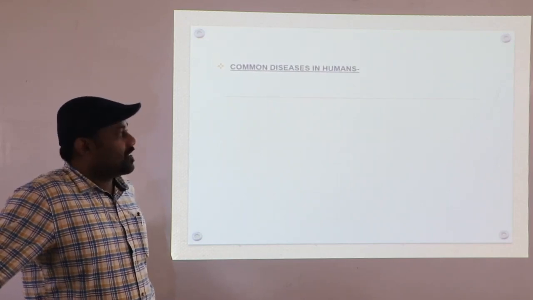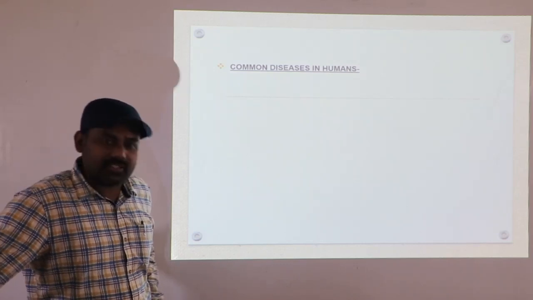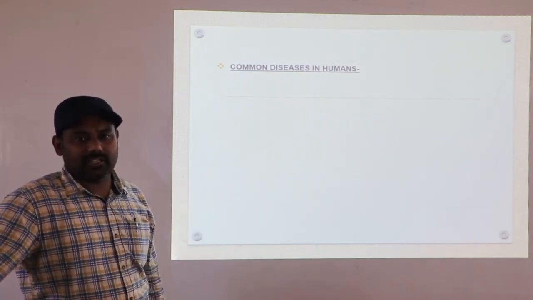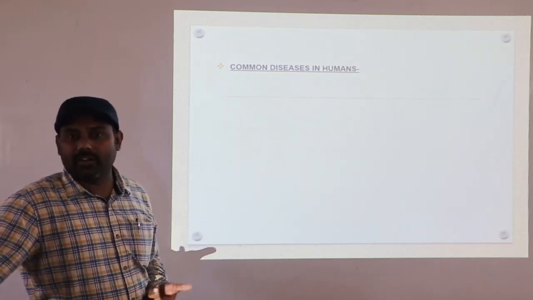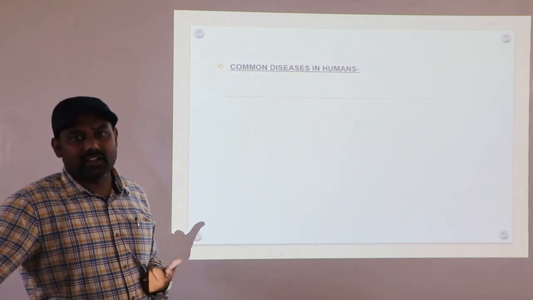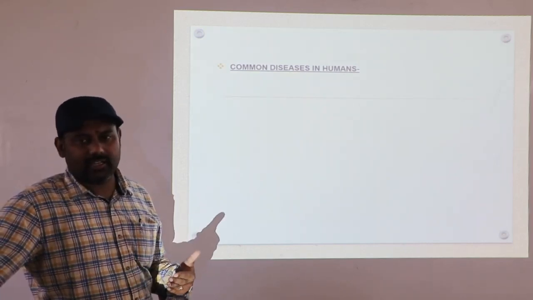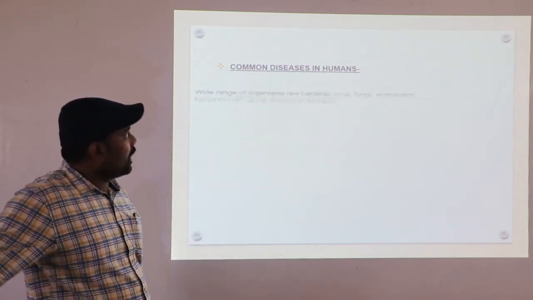Next. Some common diseases in human beings. Clear? So in your syllabus they have given some pathogenic diseases. It may be bacterial disease, viral disease, fungal disease, helminthic disease, then protozoan disease, etc. Clear? So today we are going to discuss one by one. And most important,